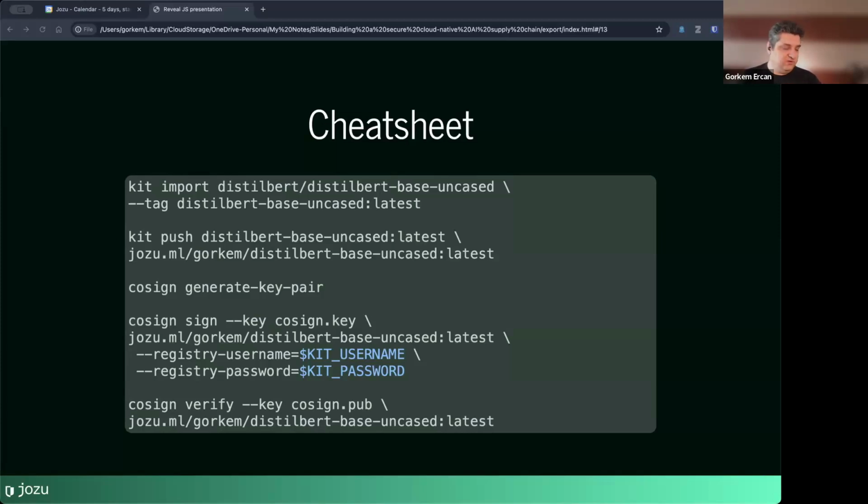Anyone who has been using Cosign for their applications in the past. Okay.